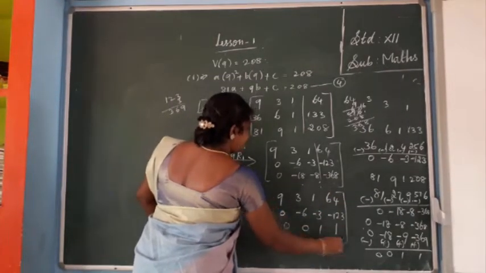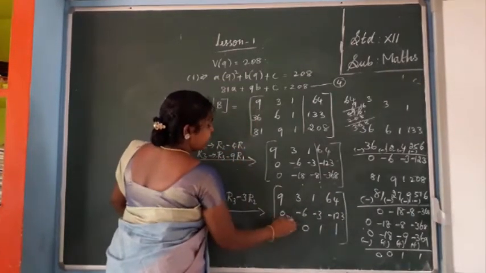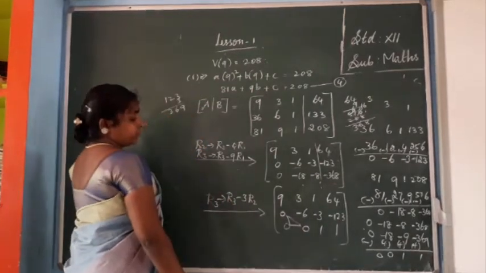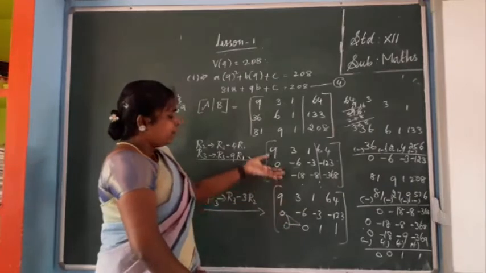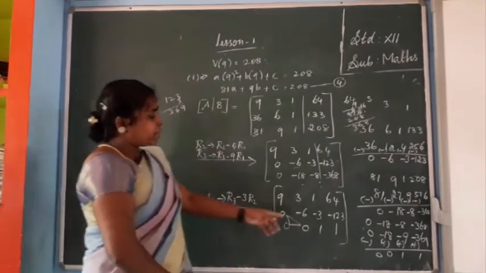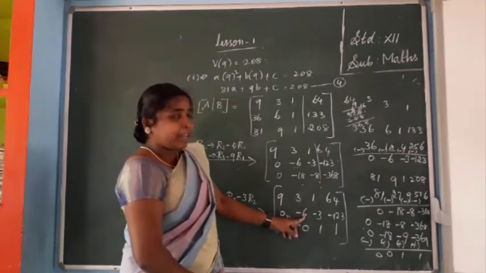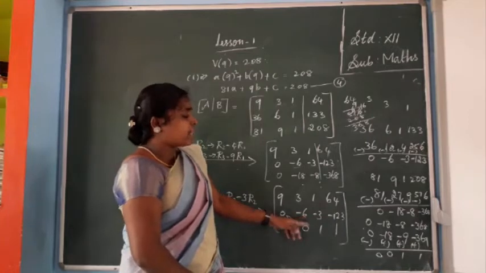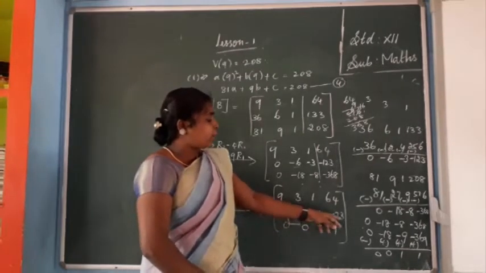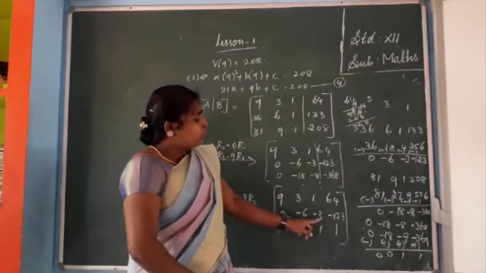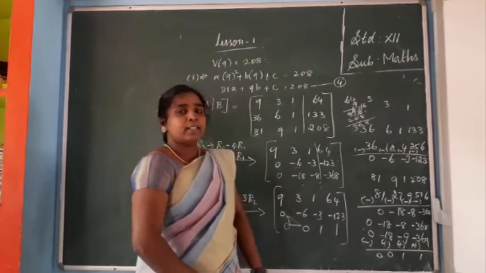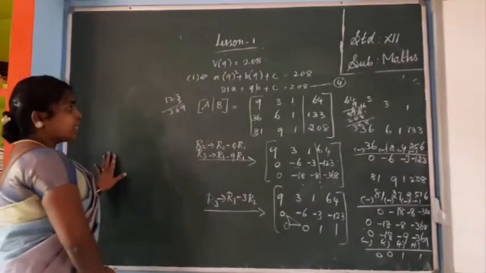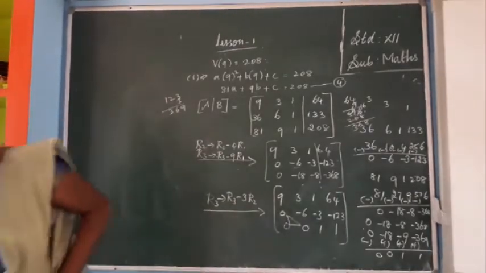Okay, we got the echelon form. You see here, this is the triangular form. The last echelon form need not be unique. Sometimes, if you are multiplying by 3, you get some other value. Instead of 6 3 1 23 you get 2 1 plus 41. So the final answer we can check, no problem.